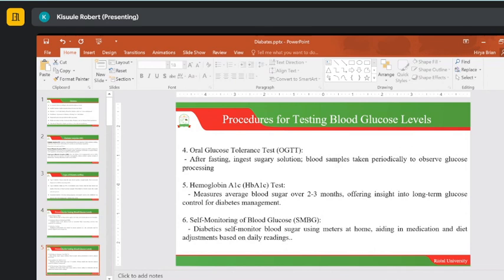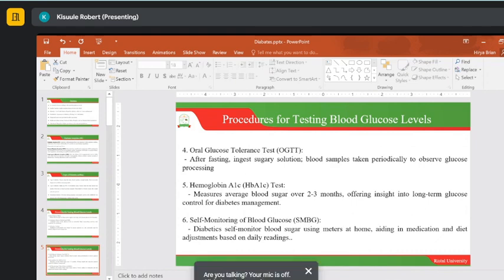Then for the oral glucose tolerance test, after the fasting, we will see the fasting blood glucose. When we talk of fasting, people have argued that even after fasting for 8 hours, people can get results and use them as fasting blood glucose. But earlier on, the practice was that for fasting blood glucose, we needed the whole 24 hours and then did that blood test to see the levels of glucose in blood.